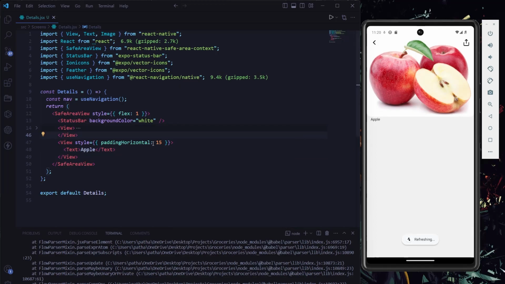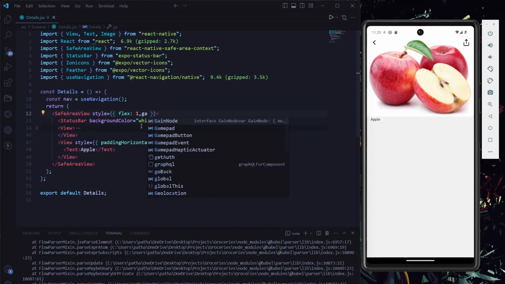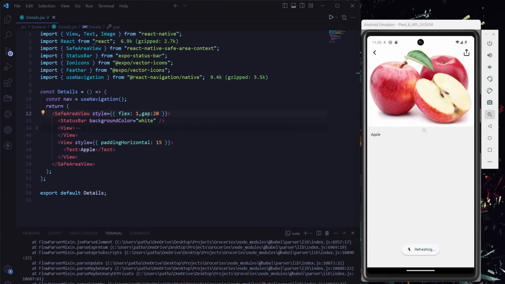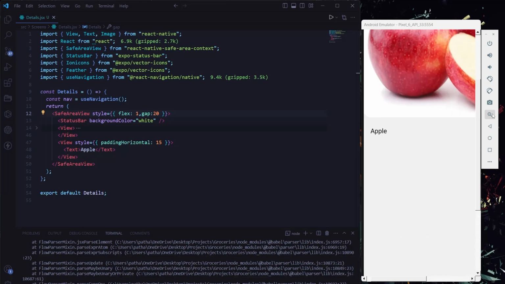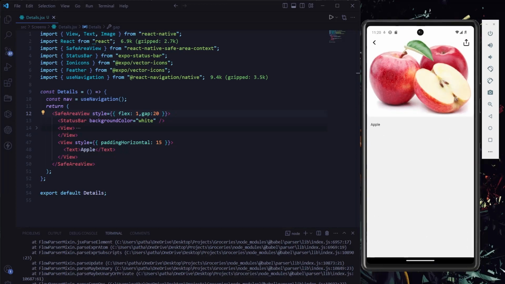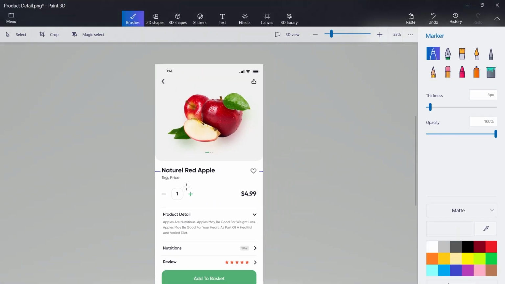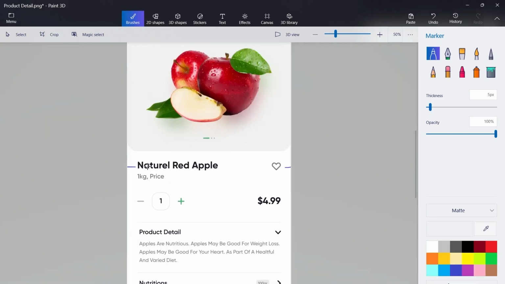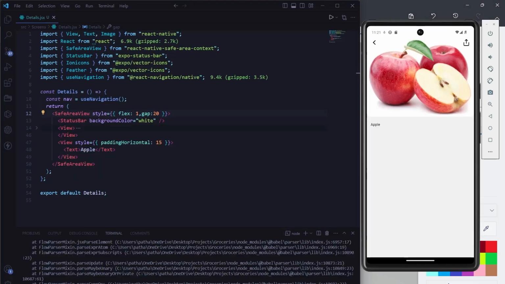Right now you're able to see this, right? And one more thing, I'm going to add a gap of 20 so that it will add some gap. See, right now I'm getting the gap as well, right? Perfect. Let's check the UI here as well. Okay, we have successfully added the text here, and let's pass the styling to this. So basically this was my text, right? I'm going to pass a style